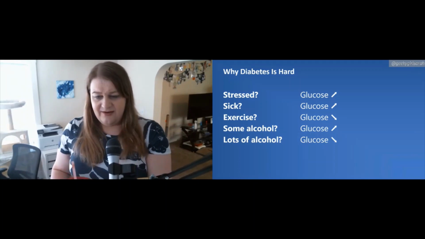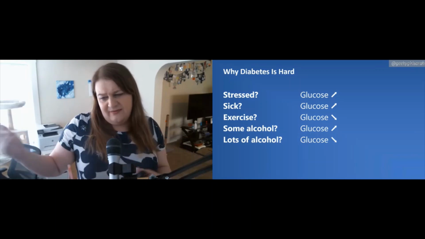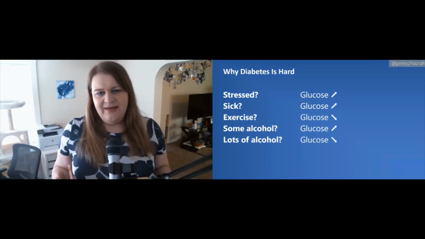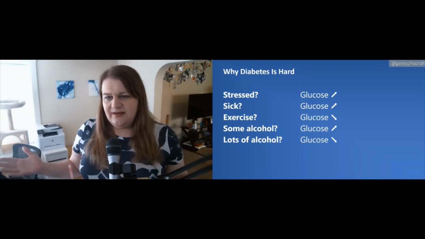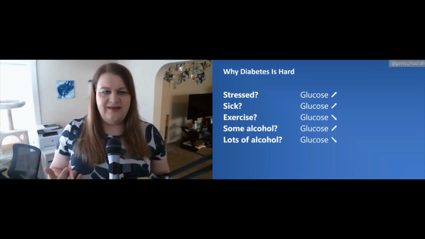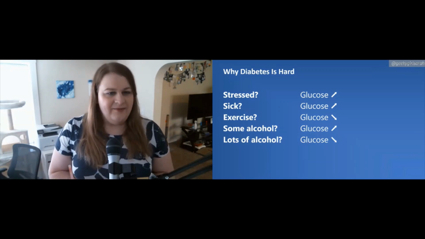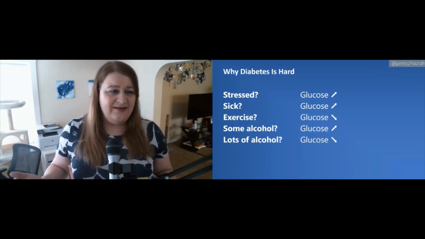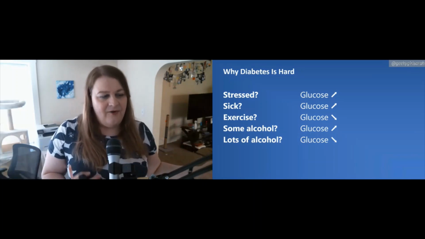And then if it's your fancy lady time of the month, your glucose could go up or down, or just whatever your body feels like at the moment. So you can start to see the diabetes is getting a lot more complicated as time goes on, but we're not even done yet. You can make it even more difficult because we talked about how if it goes too high,